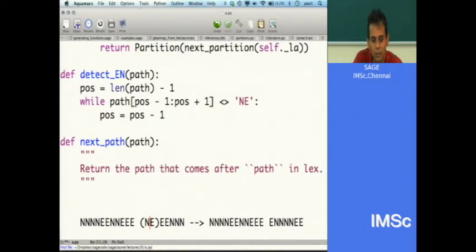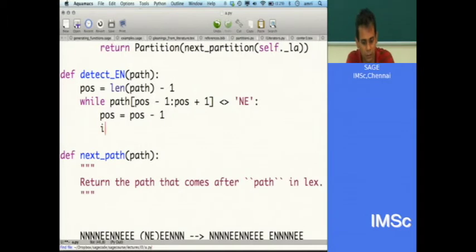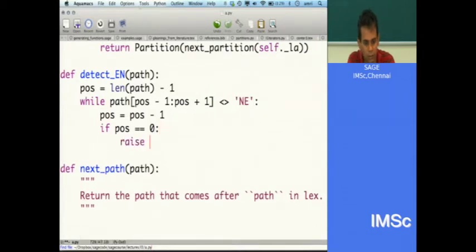That's the last line of this, and then you should raise a value error, right? At last path.